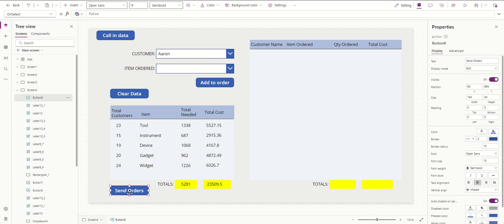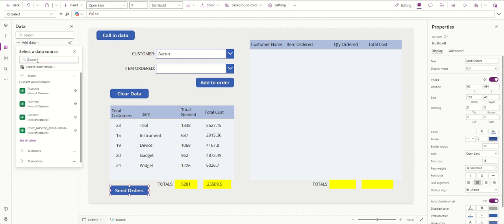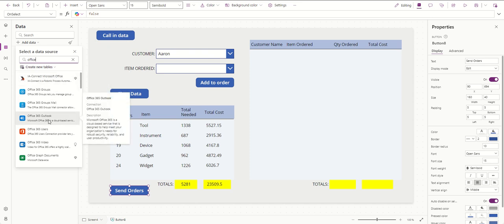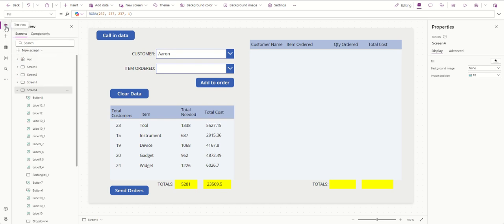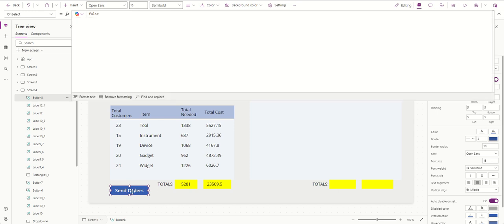All right, so we need to make sure that we are connected with the Outlook connector, and I believe we are in our data set. So if you're not already, you need the Office 360 Outlook connector to do this. So you would go to add data and just search, you know, Office, and then you would have it right down here, and you would just click that. That adds it to your list here, and you're good to go. You're going to need that for this part. The on select button of this, we now need